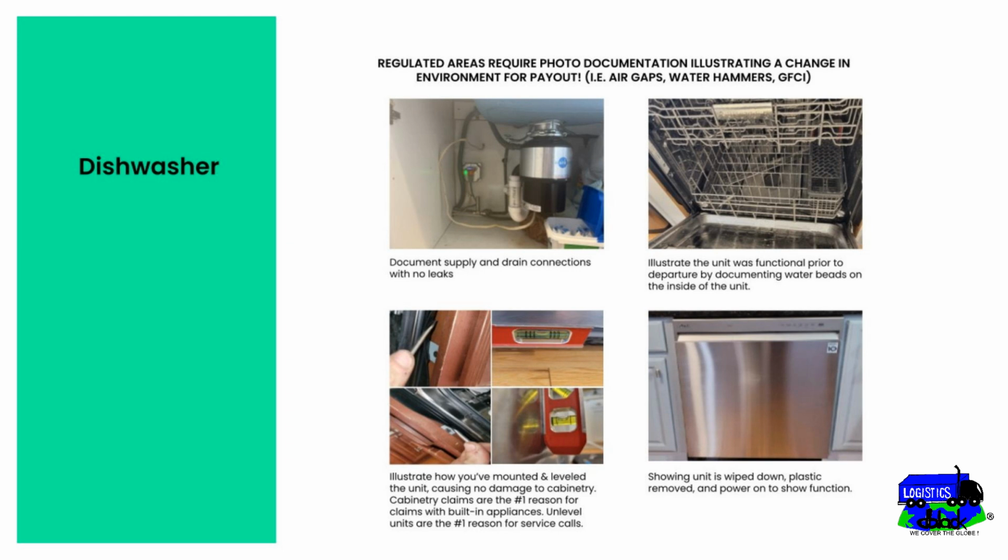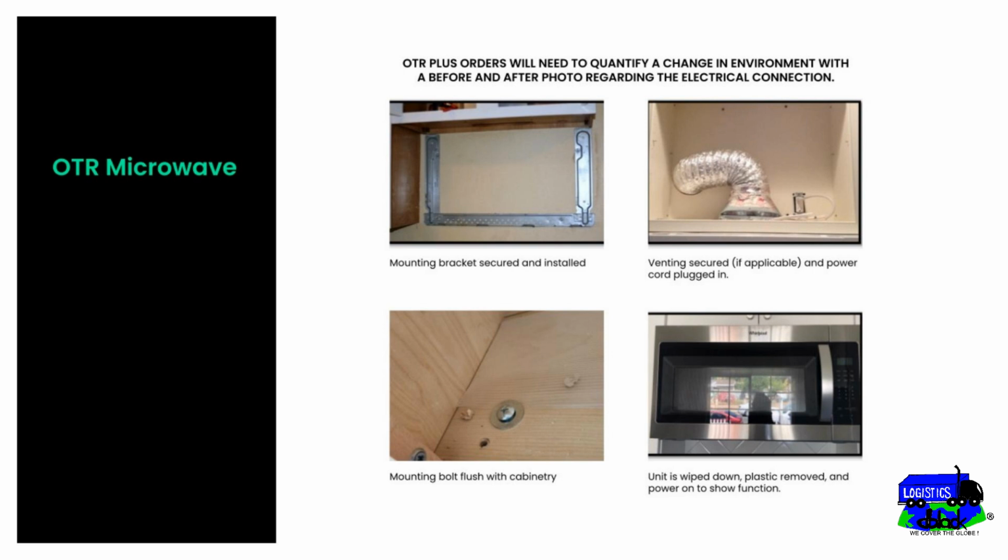Remember, regulated areas require photo documentation illustrating a change in environment for payout, i.e. air gaps, water hammers, GFCI. Over-the-range microwave. Mounting bracket secured and installed, venting secured, if applicable, and power cord plugged in, mounting bolt flush with cabinetry. Finally, show the unit is wiped down, plastic removed, and powered on to show function. OTR plus orders will need to quantify a change in environment with a before and after photo regarding the electrical